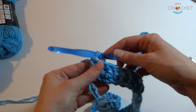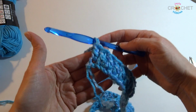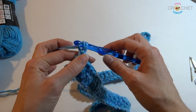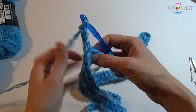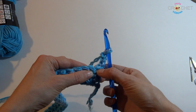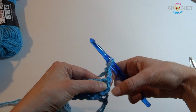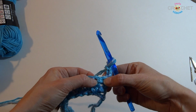We're still doing double crochet, so we need to create turning chains that will bring our work up to the right height, and that in this case is 3. So we're going to chain 1, 2, 3. There's 3. We're going to turn our work, and we're going to skip this first stitch because this is technically where the turning chain is going to sit. Pretend that that turning chain is actually a double crochet and it's actually coming out of that stitch. Instead, you're going to work your first double crochet into this second stitch here,